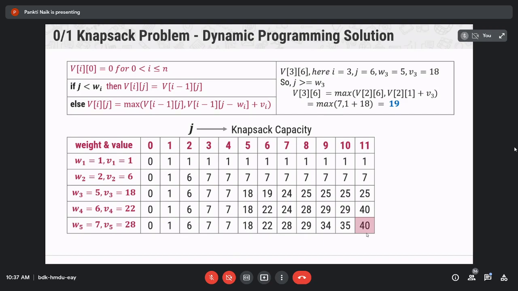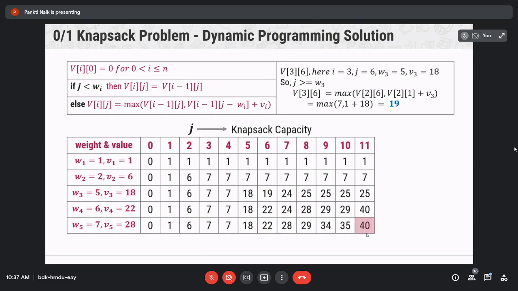So 40 is the total, or maximum value, of the items we select for filling the knapsack. Right? So for the knapsack capacity of 11 weight, how much value of items can we fill in the bag? 40. So 40 is the maximum value of the items which we select to fill the knapsack.